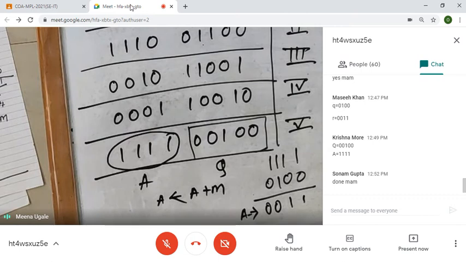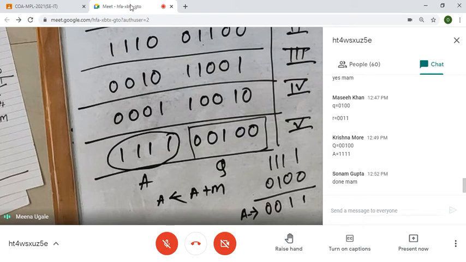But finally, clearly mention your answer. If it is Booth's algorithm, write down the product in the A and Q pair. Mention A and Q, write down your binary answer and mention that this is the final answer. When you're going for a division algorithm, clearly write down A and Q values as quotient and remainder. Then only you will get final marks. Clear marks will be given to you.